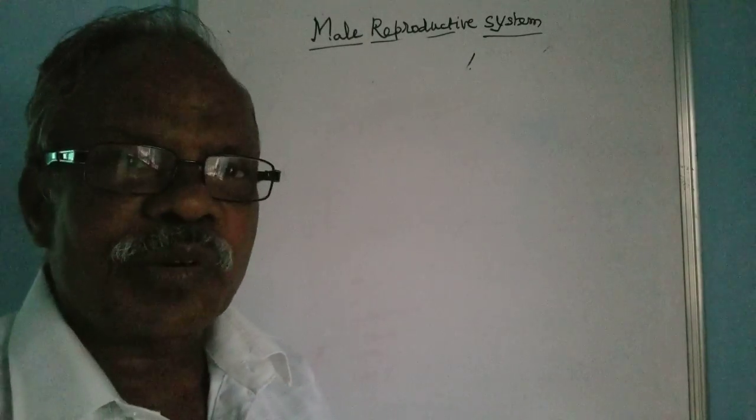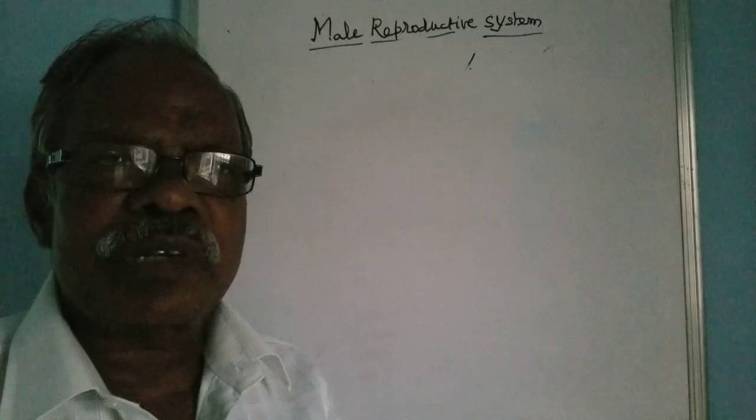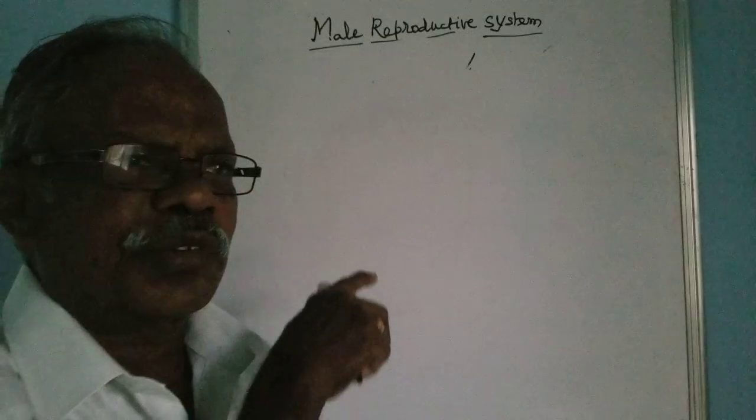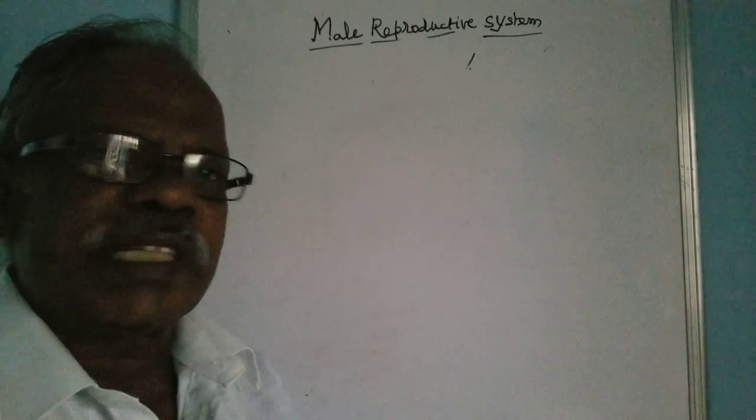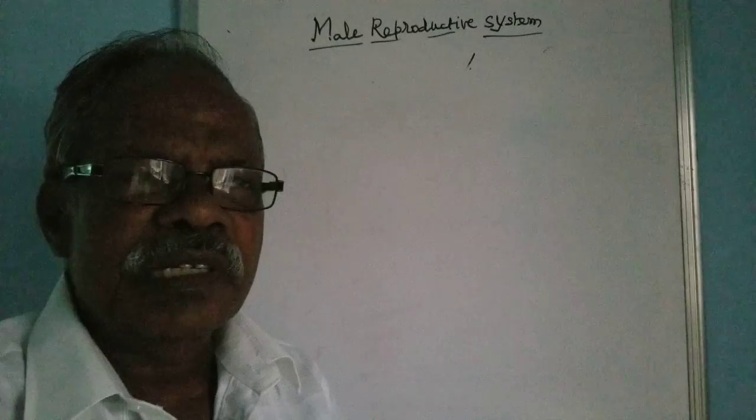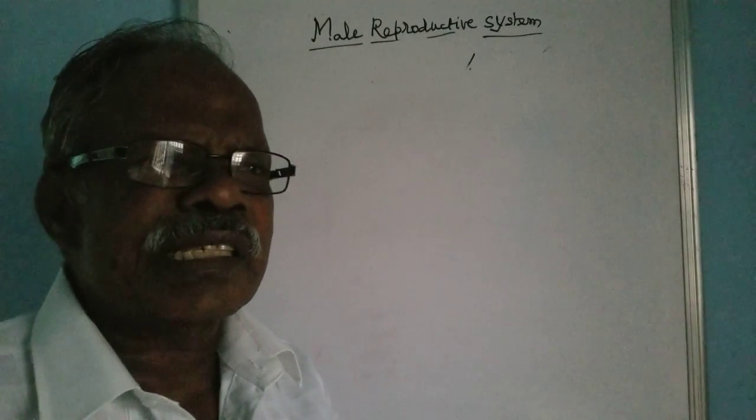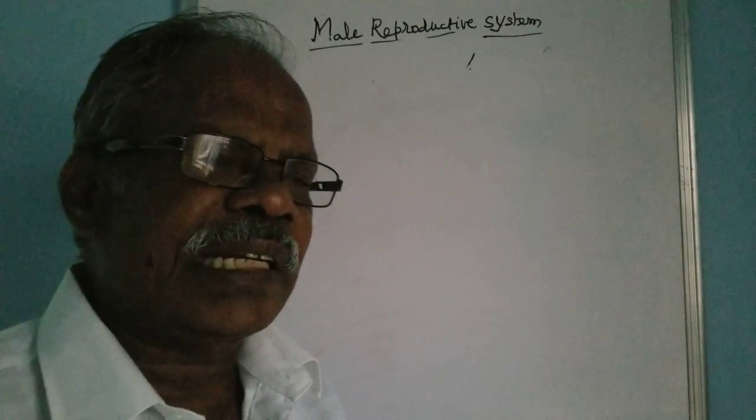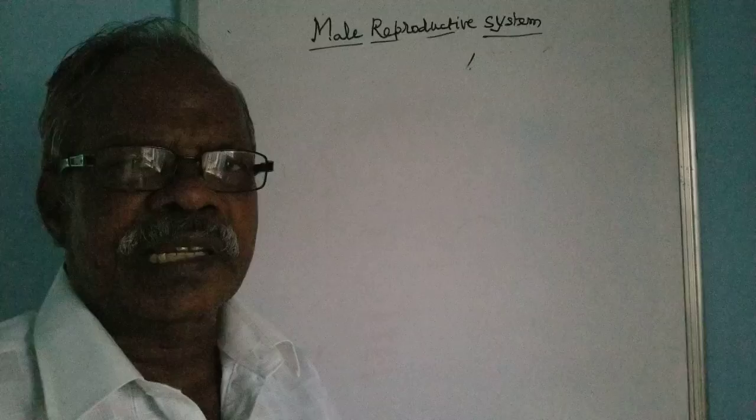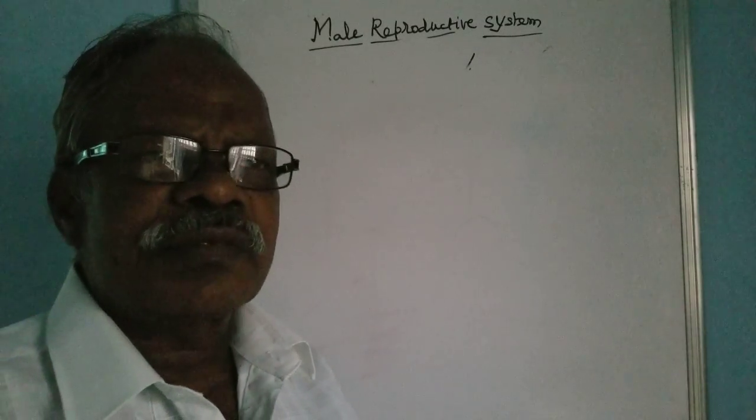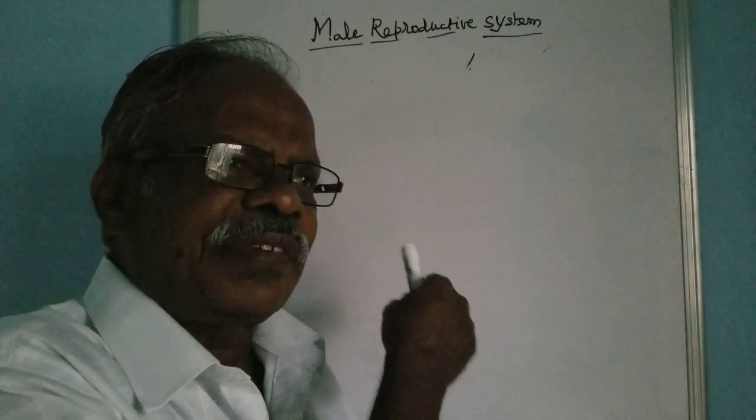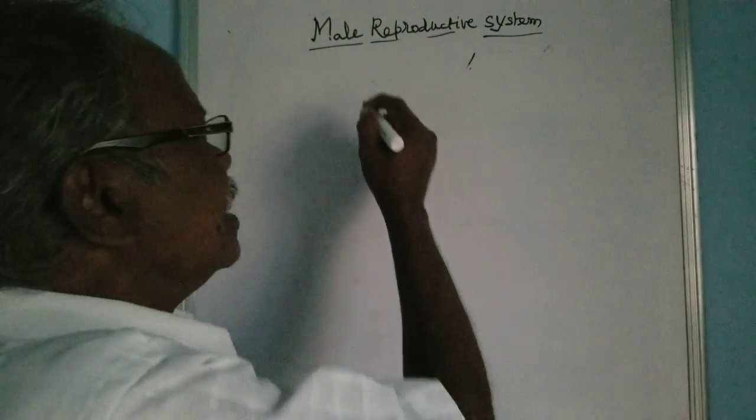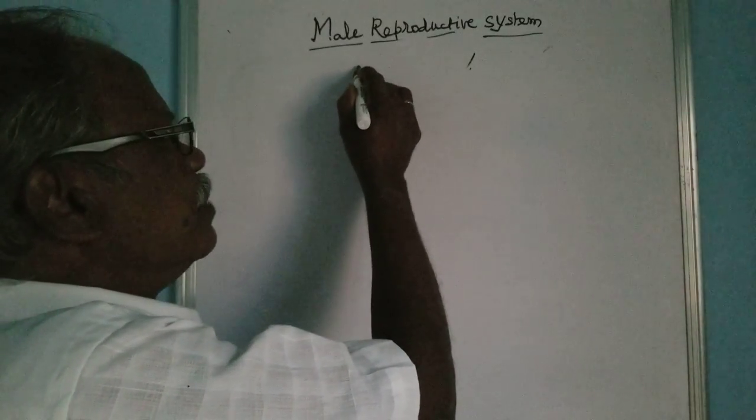Today in this video we are going to discuss the male reproductive system. Before going to see the male reproductive system, we are going to see some introductory part of the reproductive system. The reproductive system is essential for the maintenance of progeny, and how the progeny is maintained, that we will be seeing in brief. So usually in the male, the male gamete is formed,